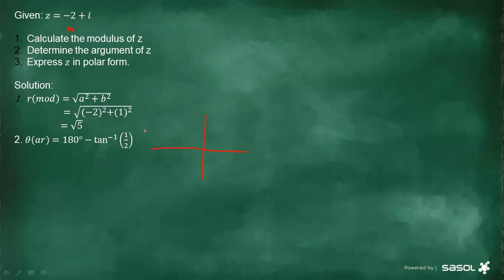Where will the terminal arm be according to this? You can see A is -2, that is the point, and then +1. So X is -2 on the second quadrant, and Y is positive on the second quadrant. So our terminal arm is on the second quadrant, and we all know that